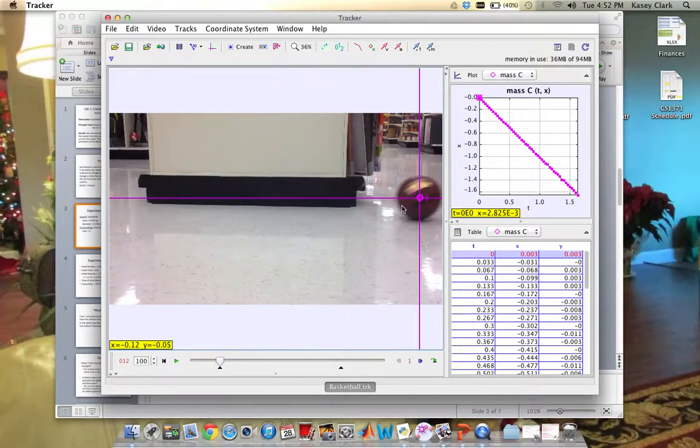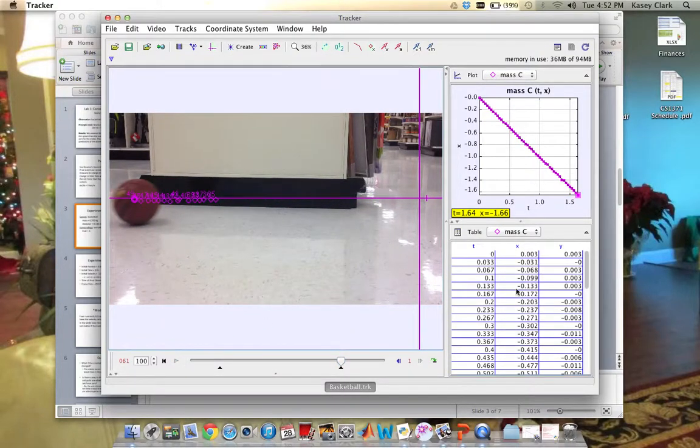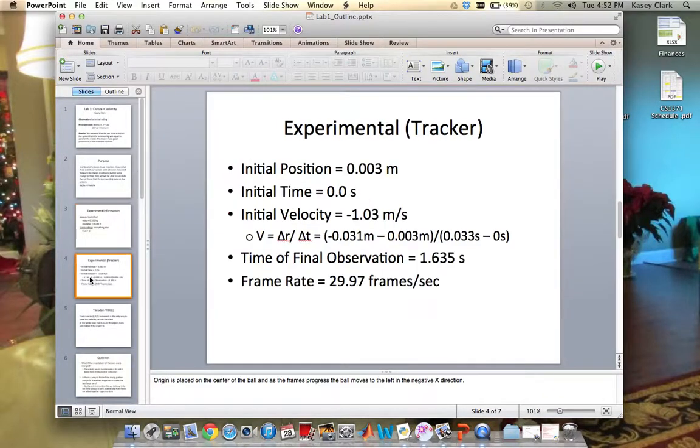I decided to place the origin at the center of the ball, and the ball rolls to the left of the origin in the negative x direction. Important information was captured through these frames, such as initial time and position and final time and position. This information was used to calculate the initial velocity right here,